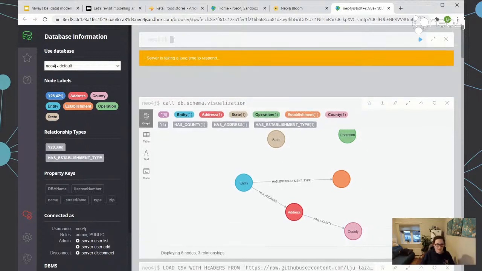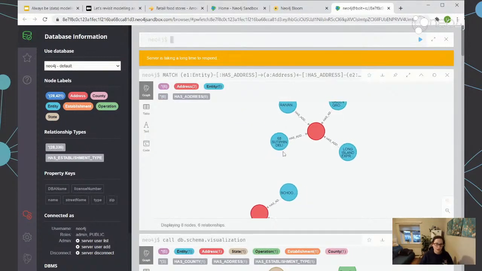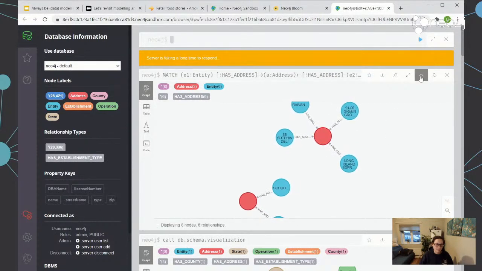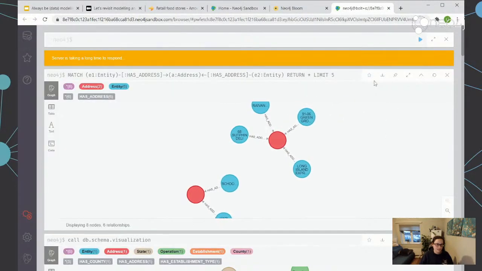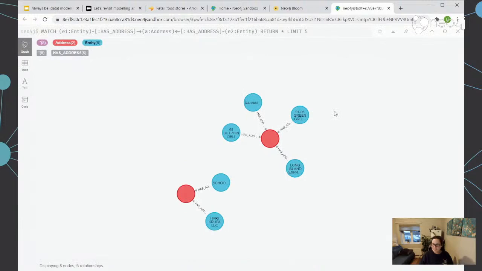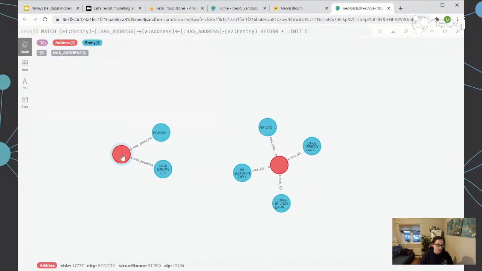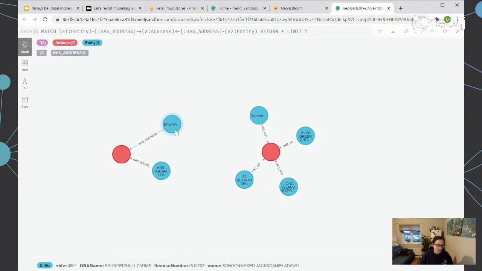Five. Let's see what comes back. Oh, wow. Look at this. Let me make this bigger. So I'm just limiting some of these because otherwise it's going to be crazy numbers. And what have we got? So we've got here